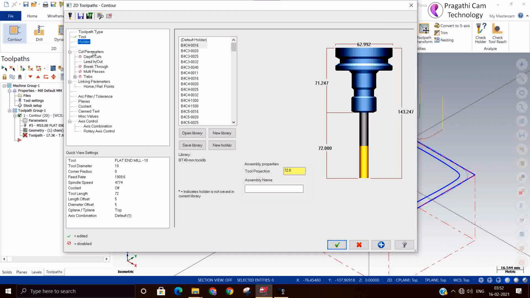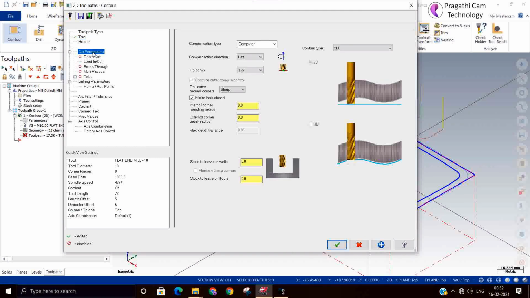We have taken the tool and holder. Next we will come to the cut parameters. First of all, about the cutter compensation: I think in this video we will not cover cutter compensation. We keep the cutter compensation in computer only here. The control, reverse and all options are available, but we are going to use compensation in computer only.